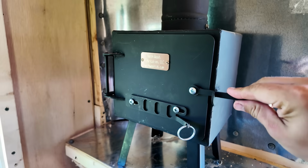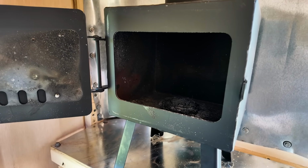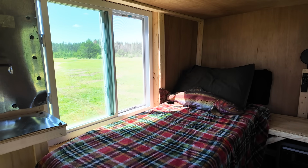It's the smallest wood stove that they make, and it really, really worked out here in the cabin. This thing has a very nice size firebox, especially for in here. In fact, this thing will more than do the job of heating this space. Safety is my number one priority, so I did a few things to make sure that this thing is good to